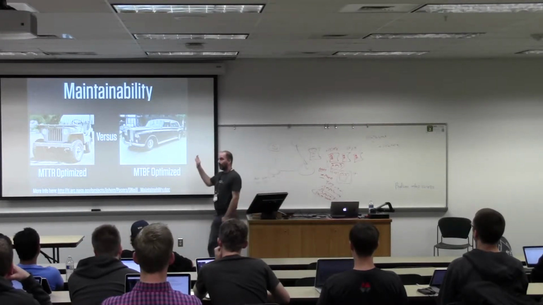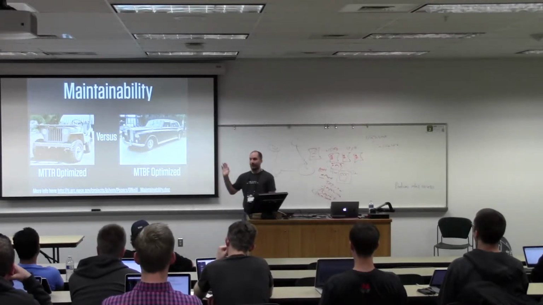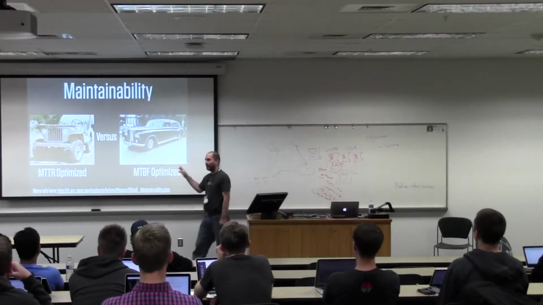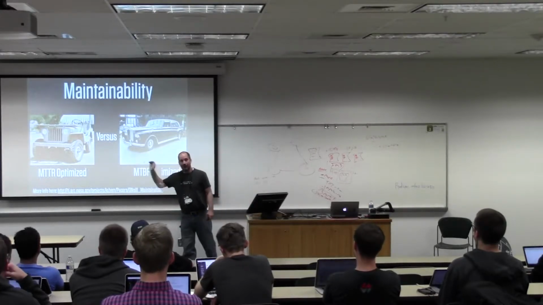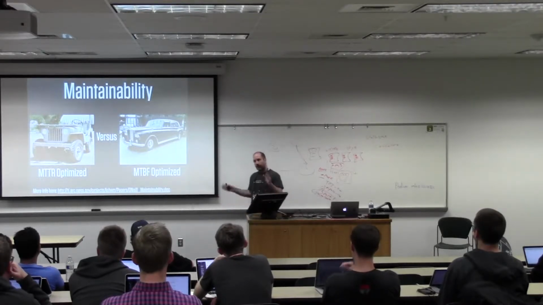But when things do go wrong with the Rolls Royce, you probably have to order the part from some factory in Bristol, England, or something like that. You're going to have to wait a while. It's going to be in the shop for a while. You may have to drive your Jeep around for a while until your Rolls Royce gets fixed.